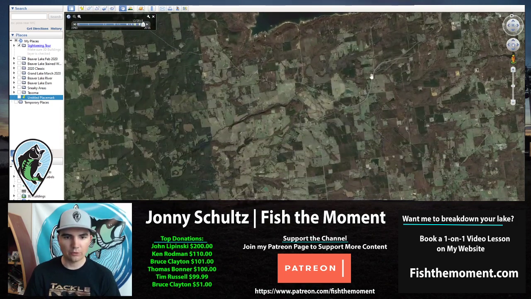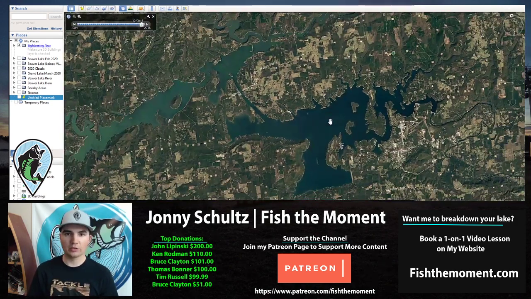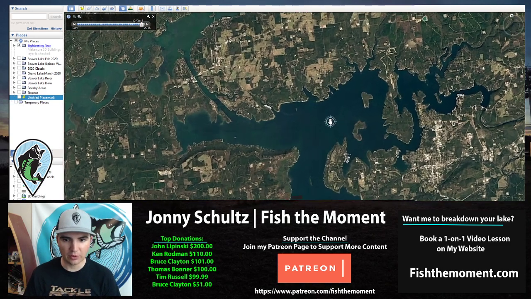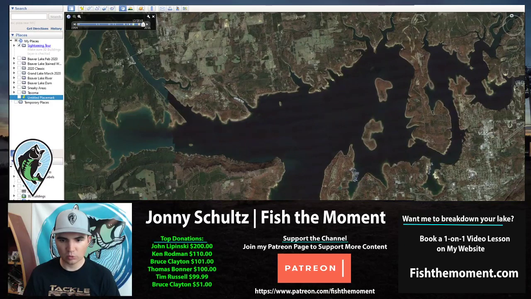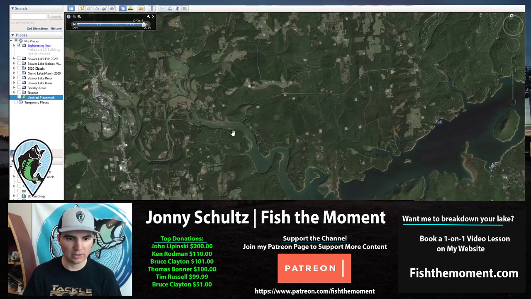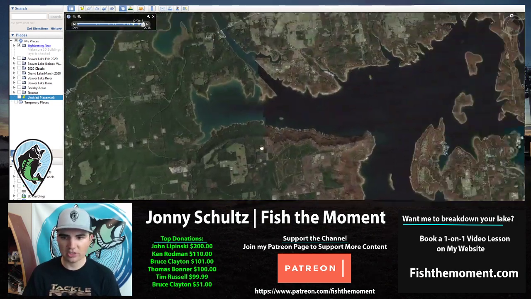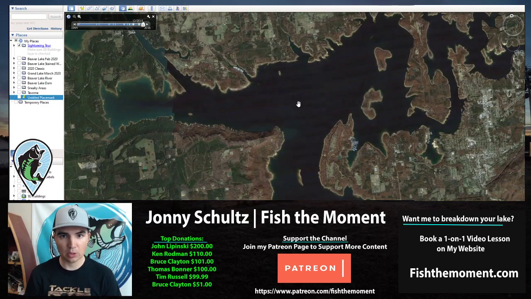But the first thing, again, I'm analyzing is just that water visibility. A couple things you're going to learn from that water visibility. First, if you're fishing in this really clear water, you're going to have to use a lot different tactics than you will if you're fishing in this really dirty water. As many of you know, clear water means a lot more finesse approaches, like a drop shot, a Ned rig, a shaky head, stuff like that. Or if there's wind and cloud cover, you might be able to catch fish on reaction baits, like a crankbait,